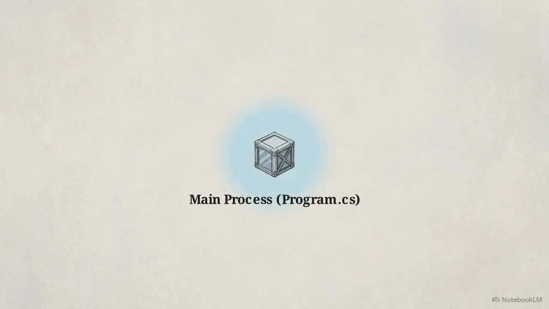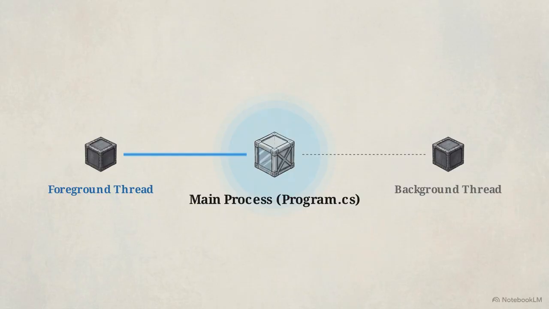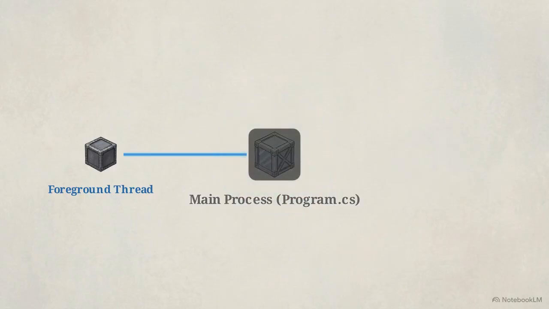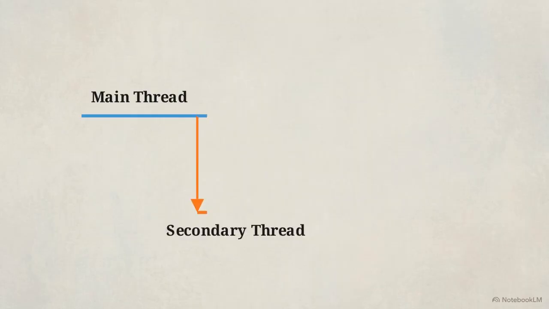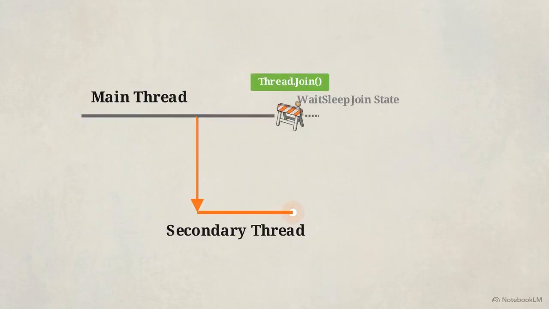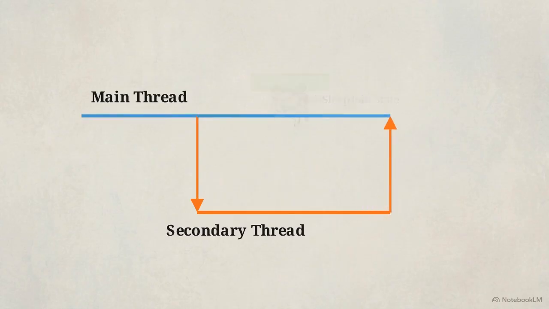The isBackground property determines the thread lifecycle. A foreground thread acts as a tether that keeps the primary process alive, while a background thread terminates the moment the main method ends. When using thread.join, the primary execution path halts. It functions as a roadblock, forcing the main thread to sit idle until the secondary thread resolves and merges back